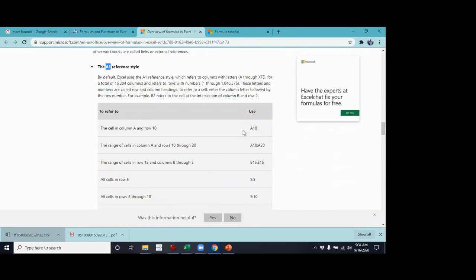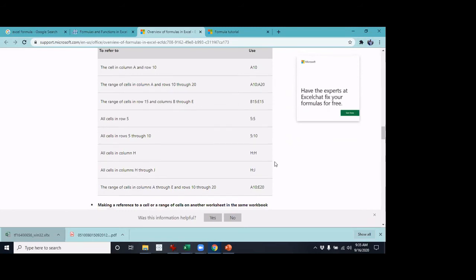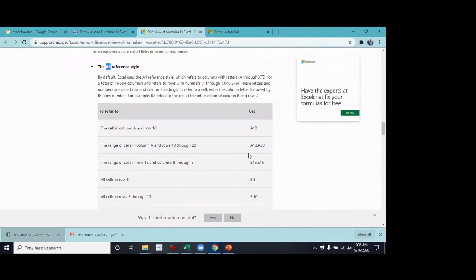It's worth noting what each of these mean. The simplest one is A10. It refers to A and 10, so column A, row 10. That is the cell it is referring to. A10 to A20 translates to from A10 to A20.